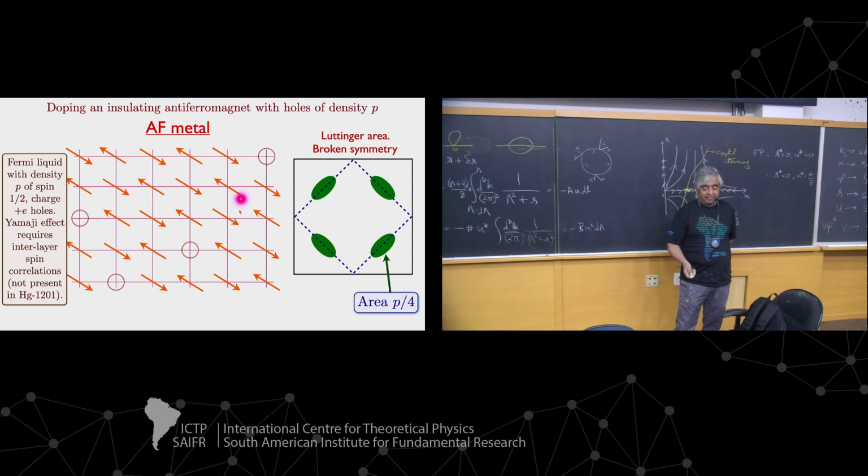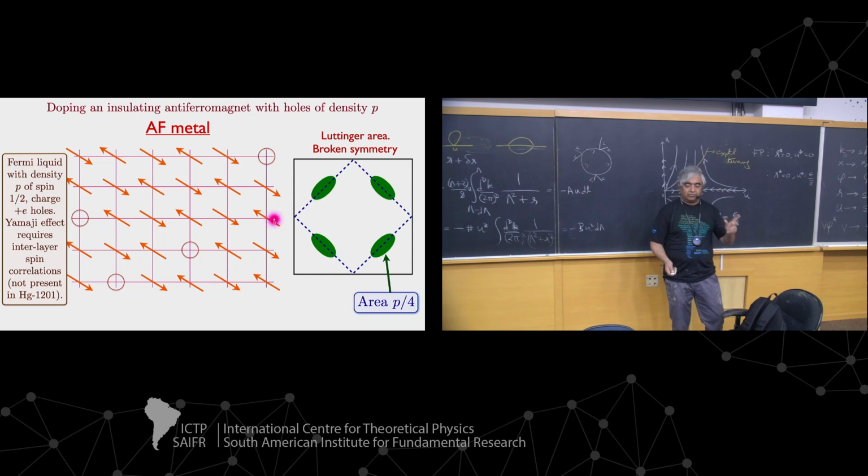When you have antiferromagnetism, you have broken the symmetry. So your unit cell has doubled, and your actual unit cell is this diamond unit cell. So really, the number of pockets is 2. You only have 2 pockets, because this pocket is the same as that. That's a reciprocal lattice vector in the ordered state. So you have 2 pockets, and the number of holes is P, and there's a factor of 2 for spin.